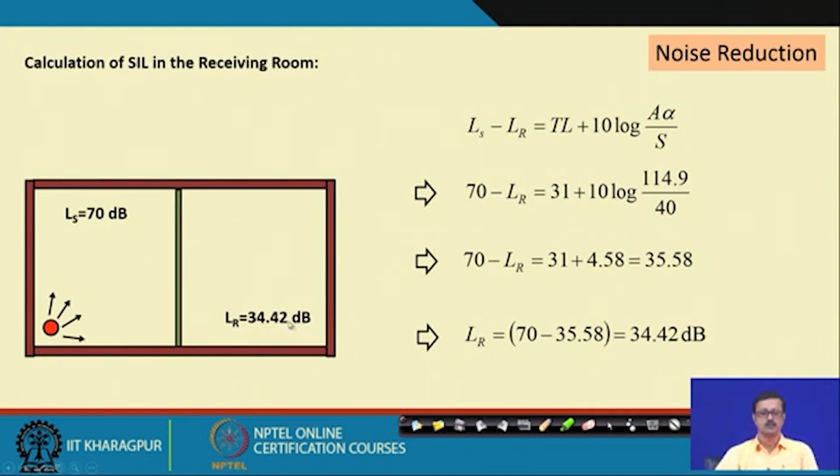So, now look at this. 34.42 is the expected sound level in the receiving room. So, you see the noise criteria curve now. If the room is dedicated for any kind of activity like studio activity, where you require the NC curve to be 15 or 20 like that, you cannot have that kind of activities in this room,